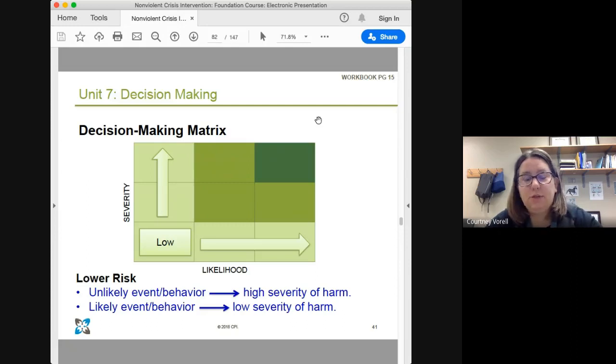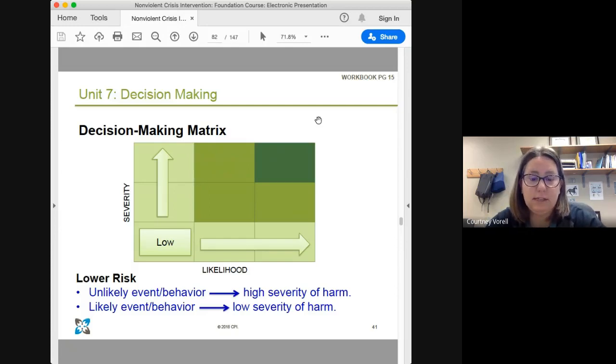Here we have situations that are low risk. You can see in that lightest green area, what we have is situations that are very unlikely, but may have a high severity of harm. Or a situation that's very likely, but has a low severity of harm. And we think about